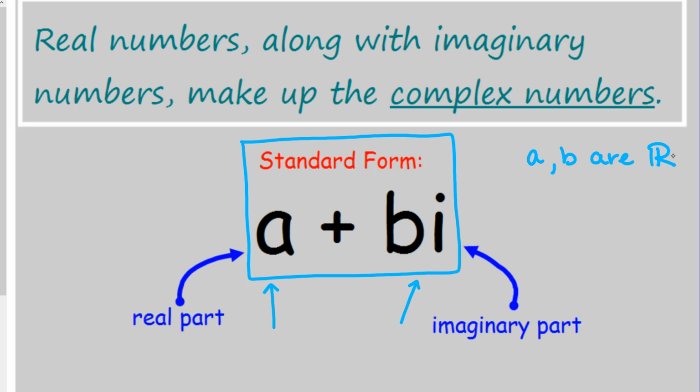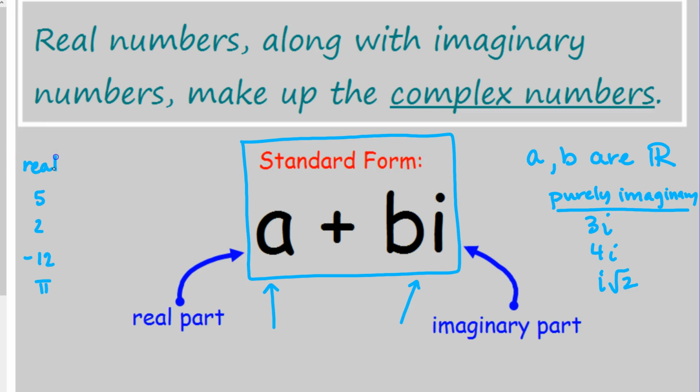Now, what if a is 0? If a is 0, all you have is bi, so that could be something like 3i, 4i, i square root 2, etc. So that would be purely imaginary, but still complex. What if b is 0? So if b is 0, you would have numbers like 5 and 2 and negative 12 and pi and so on, any real number a. So those are just purely real, but they're still complex,